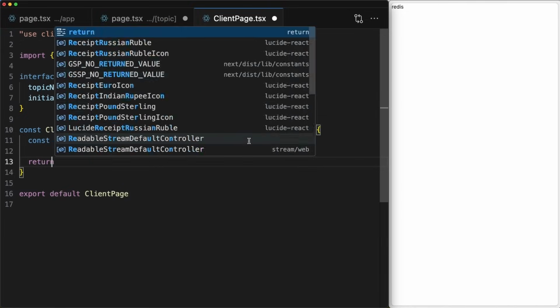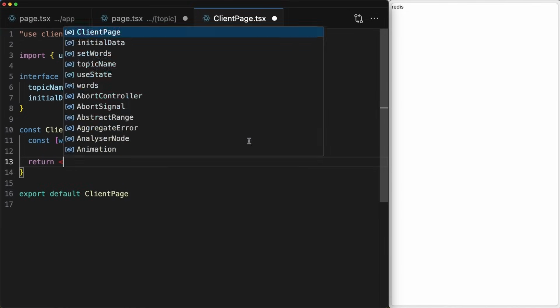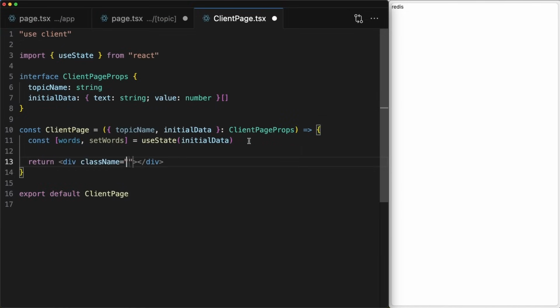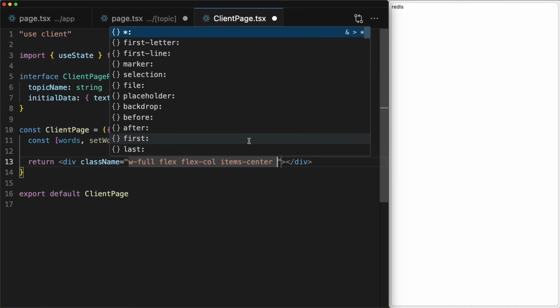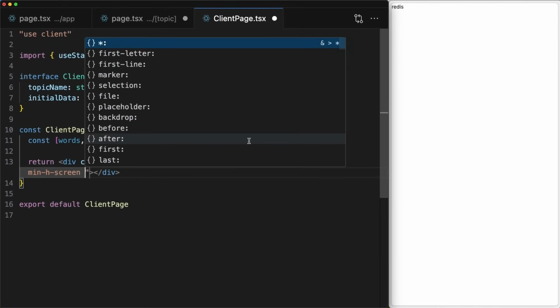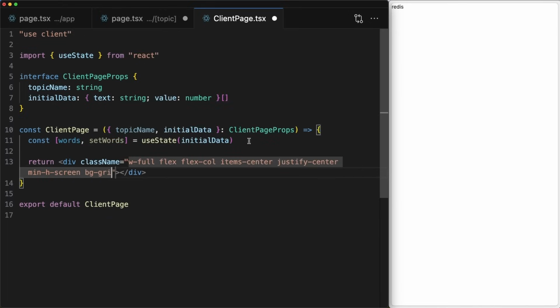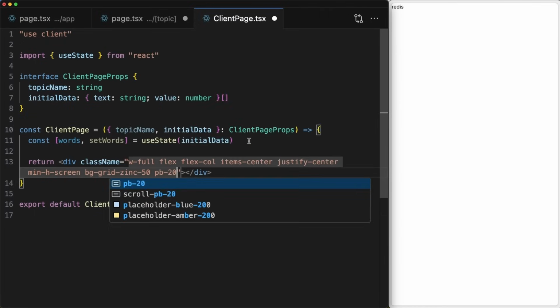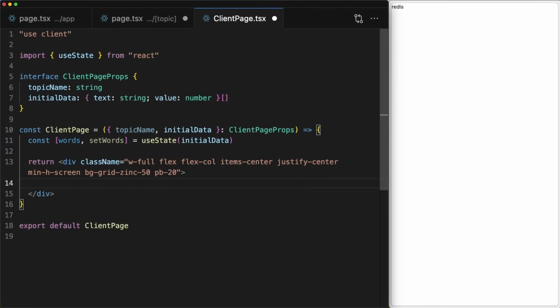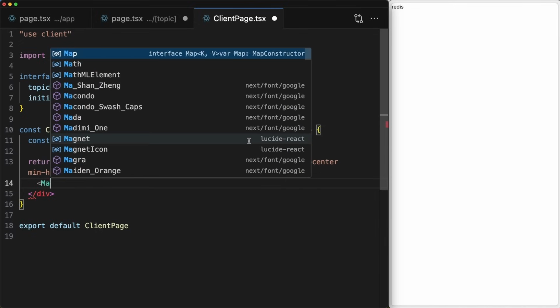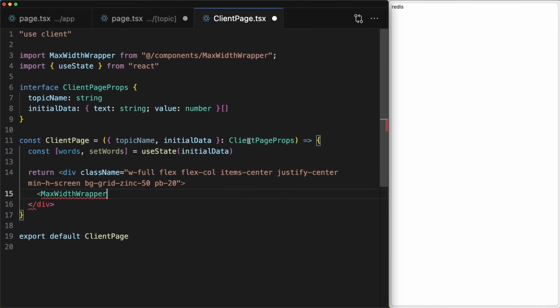Awesome, dude. All right, let's return from this component at the top level a div element. That's gonna get a class name of w-full, flex, flex-col, items-center, justify-center, a minimum height of screen, a background of zinc-50, and a padding bottom of 20. Beautiful. Let's open up this div, and inside of here goes our max-width wrapper